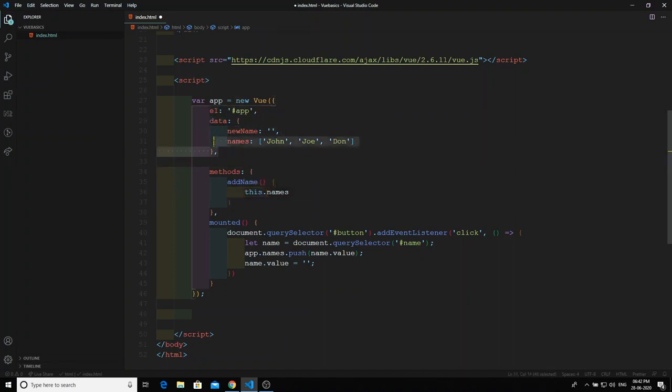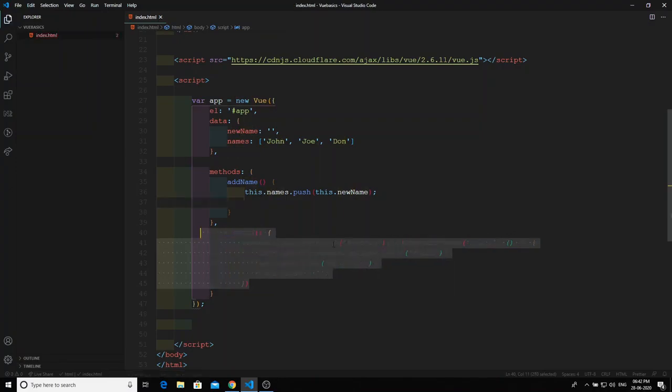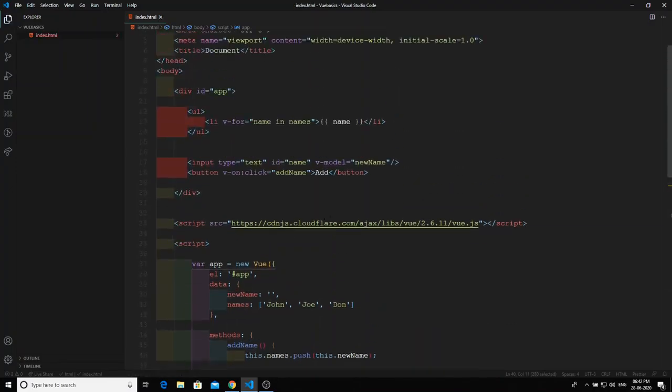So this.names.push(this.newName). These two lines are also finished. We were going to make name.value equal to empty, but we will do that afterwards, and I am commenting out this line. This is the code, simple code.